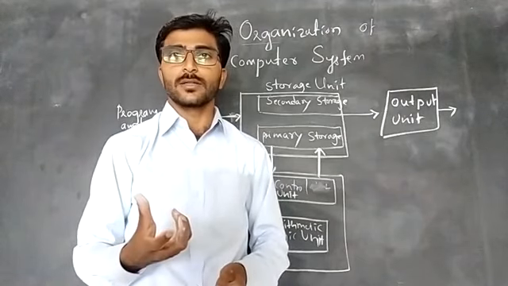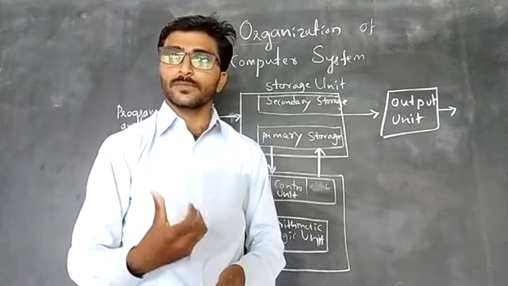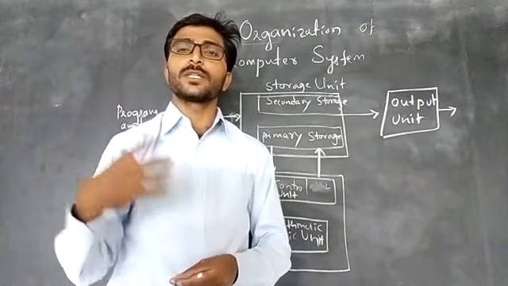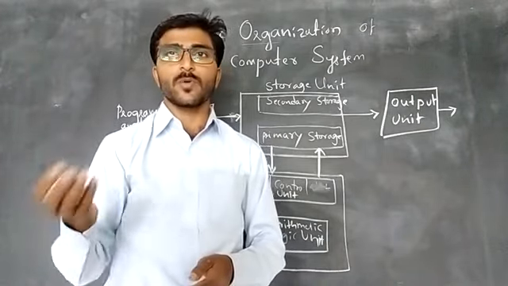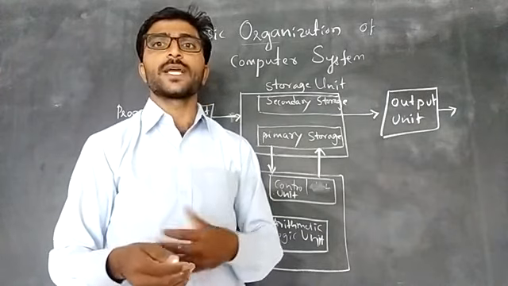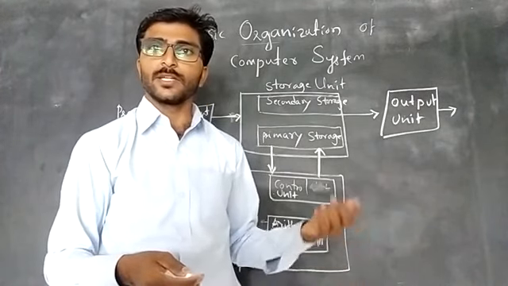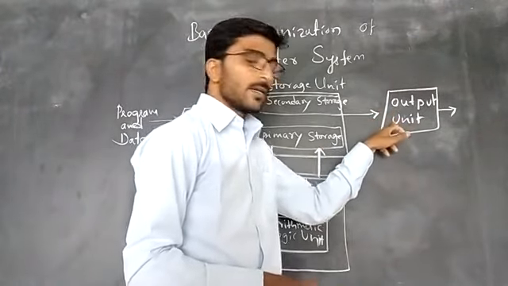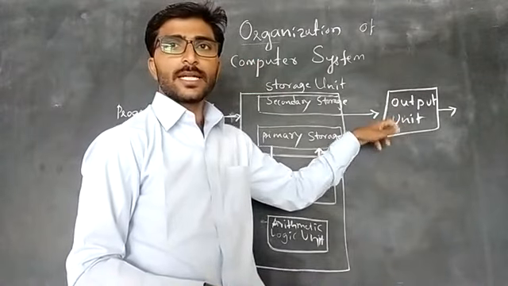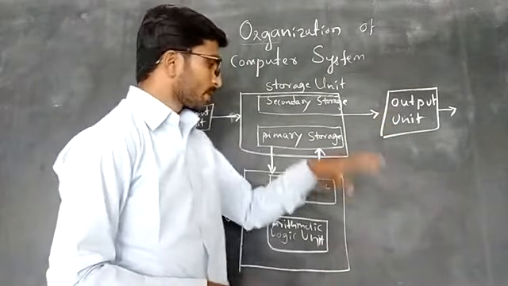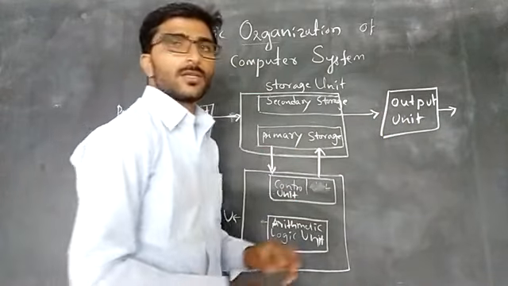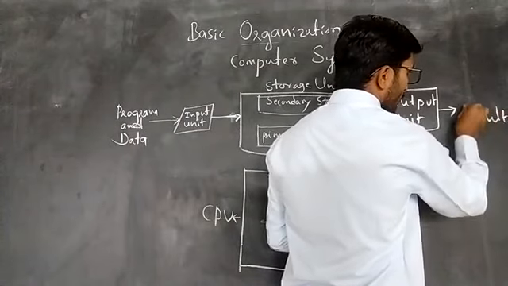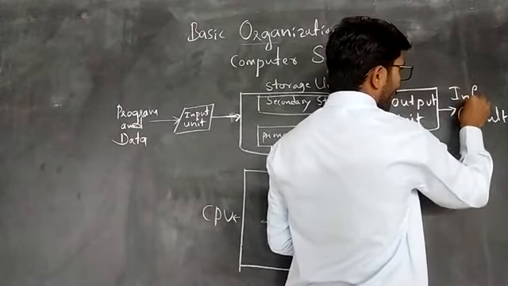Or a speaker. When you record your voice and process it, the speaker box can produce some voice, which is accepted by the input device, that is the mic. Like this, the output unit is a device or unit that can display the information processed by the computer. It can display the results, which we call information.